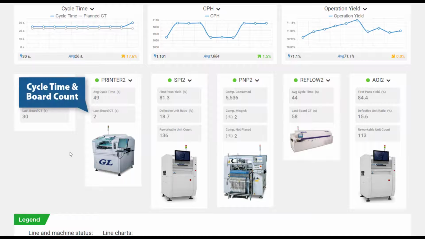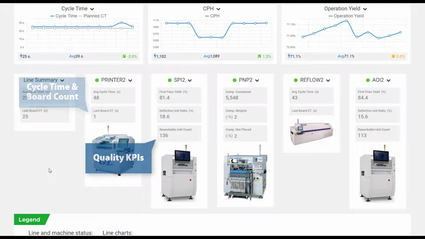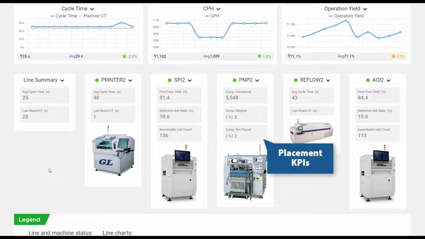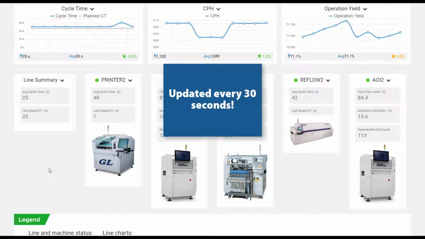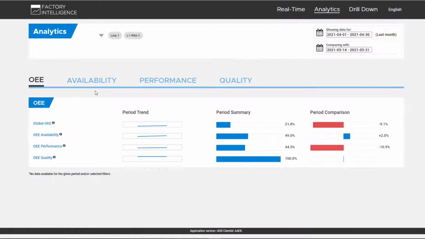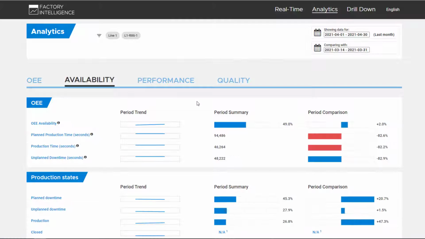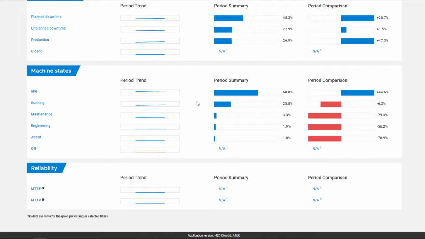This includes basic information like cycle times and board counts, as well as things like quality and defect information for inspection and test machines, and placement performance KPIs like CPH, mispick, and reject rates for placement machines. With KPIs updated every 30 seconds, you can easily stay current with everything that's happening and can react to issues immediately. To look back and analyze the past performance of your operation, the Analytics module provides pre-built queries of various